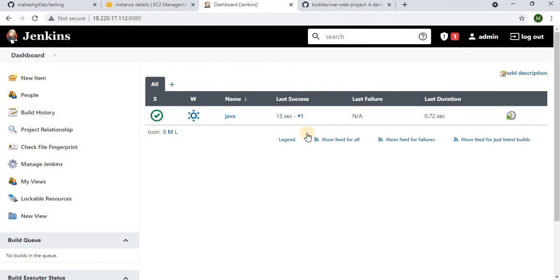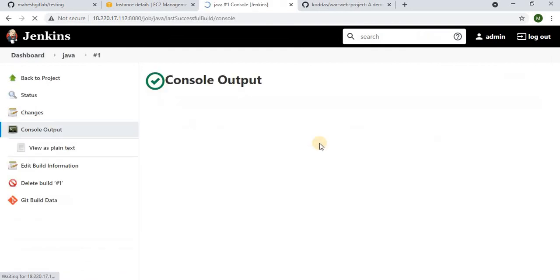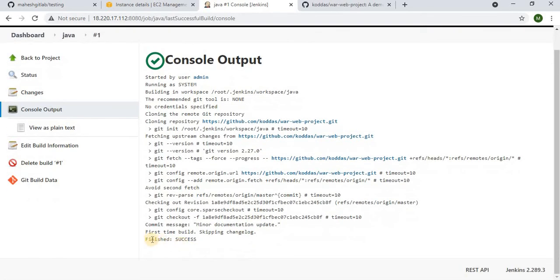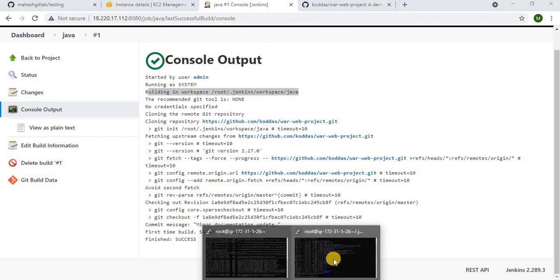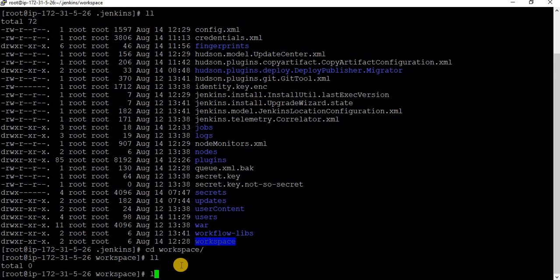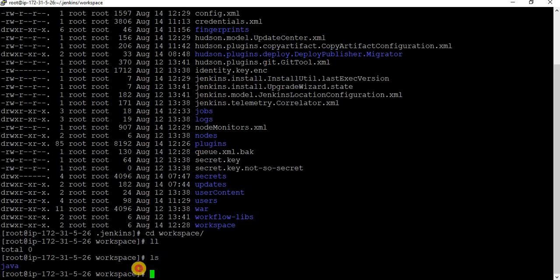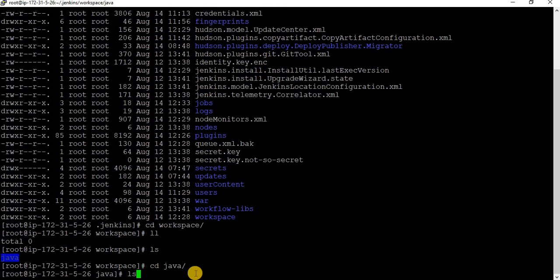If you want to see the log, drop down here and go to Console Output. You can see Finished: SUCCESS, the success message. And see, building in workspace root .jenkins workspace Java, that's what we have seen here. Now if you do ls, you can see Java. Go to that Java, ls.